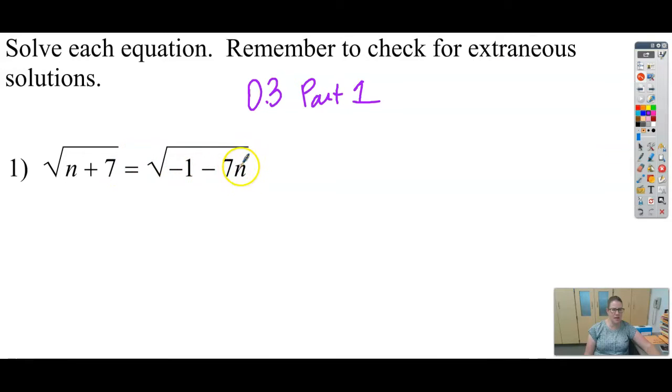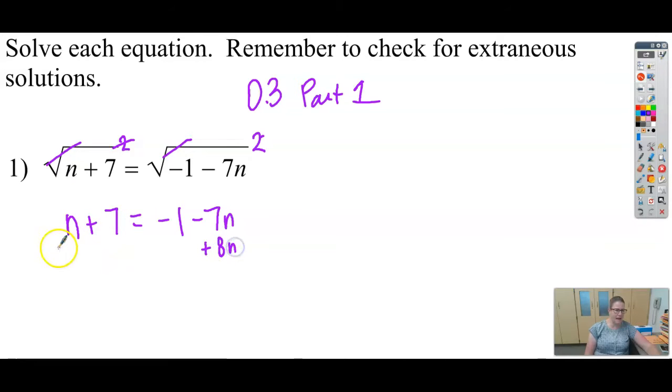In order to solve an equation, I need to get the variable all by itself on one side. That's the goal. Since the variables are under the radical, I've got to get rid of the radical, so the first step is I'm going to square both sides. If I square this, the radical and the square cancel each other out, and I'm just left with n plus 7 equals negative 1 minus 7n. To get all the n's together on one side, I'm going to add 8n to both sides. I could have also subtracted 1n from both sides. That would work just as well, and I'll get the same answer in the end. So this gives me 1n plus 8n, which is 9n. So 9n plus 7 equals